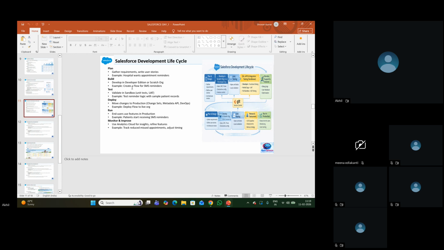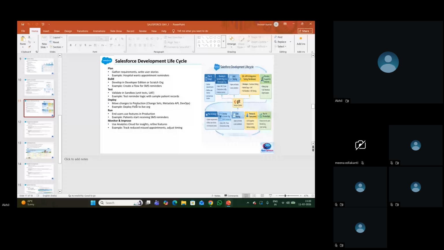For example, create some automation for SMS reminders. Once development is done, we'll migrate the changes to the developer Pro sandbox or QA sandbox. The QA team will test that appointment reminders enhancement. Once that is done, it's moved to the partial copy sandbox.